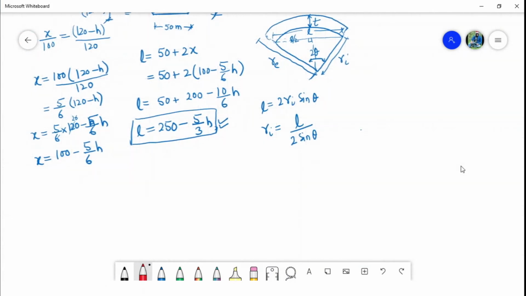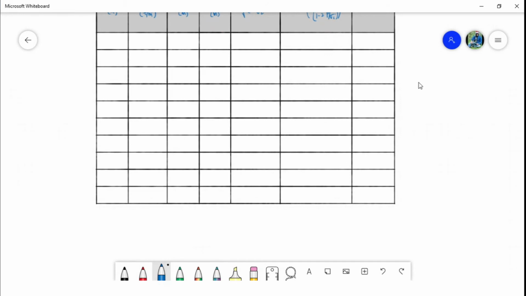So now let us put this over here. So Ri will be equal to L over twice of sine 133 degree 34 minutes by 2. Okay, so in this table,